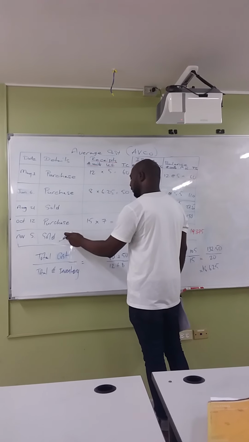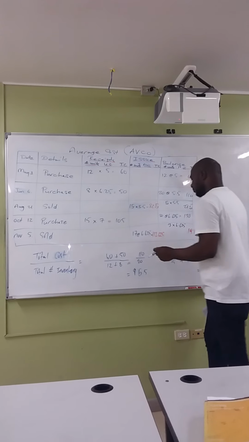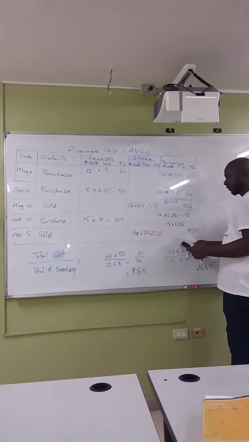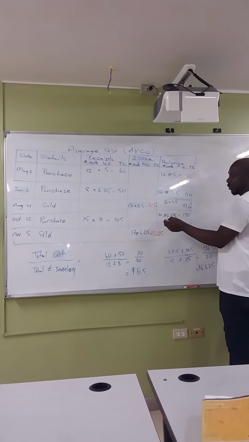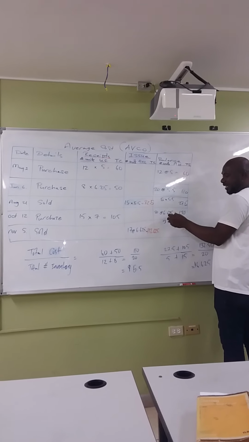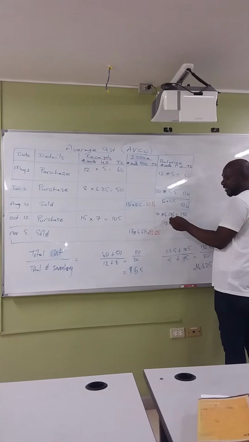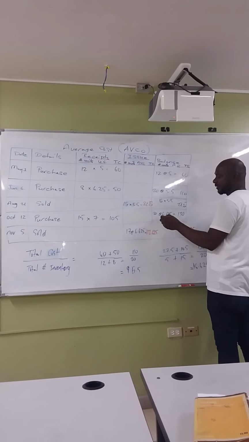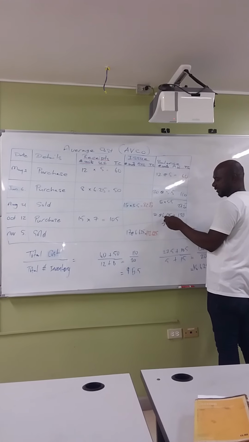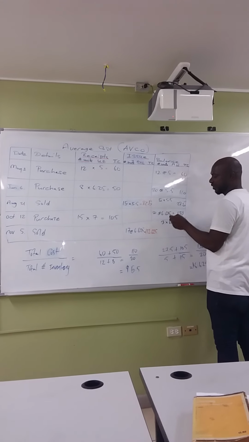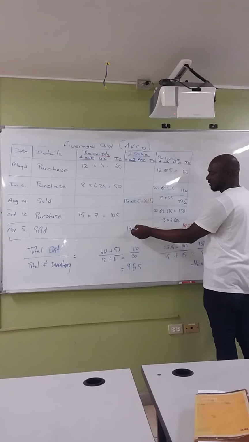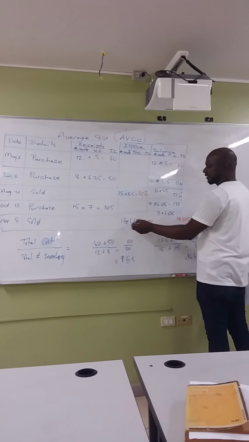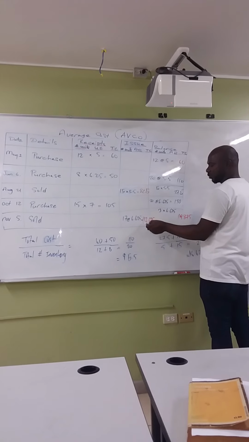Now we move to our sold. November the 5th we sold, right? You sold what? 17, right? You sold 17. And again, remember that whenever you're issuing, you're working with the last average cost. So the 17 that you would have sold would have been at 6.625, because it is your last average cost. So it is 17 at 6.625. Now when you multiply the 17 at 6.625, you get a total of